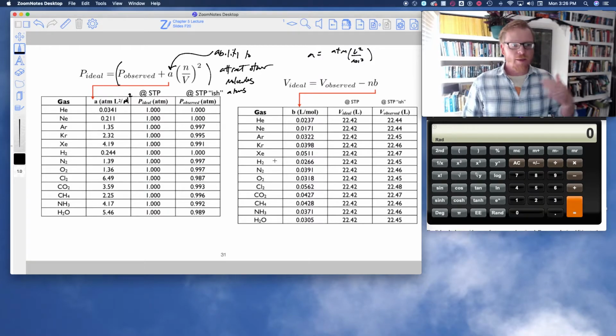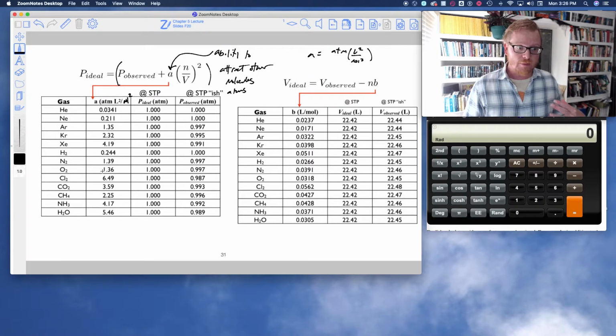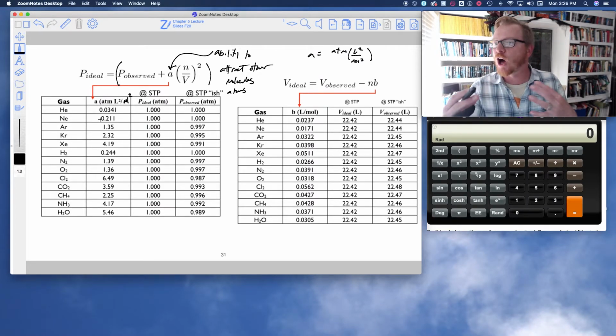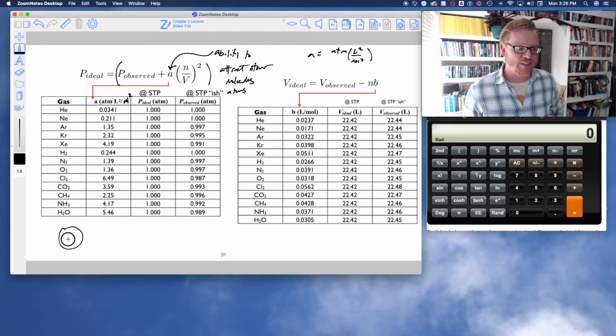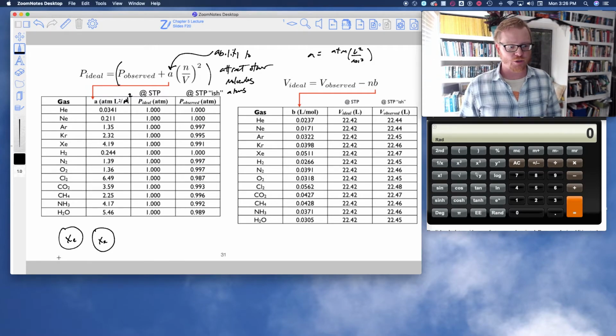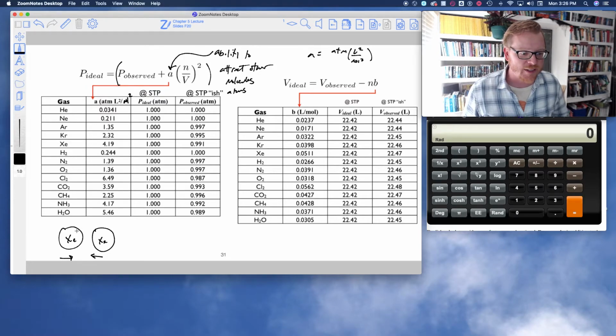Okay? Because as it turns out, these gases have a lot of electrons. And those electrons can slosh around in the molecule a little bit to temporarily attract other molecules. So for example, if I have a big old xenon, and it gets close to another xenon, then as they approach each other, I'll draw this as they are colliding, all of the electrons on this xenon